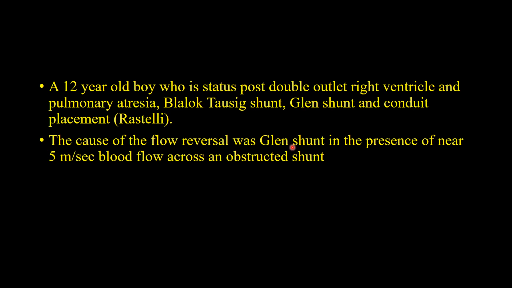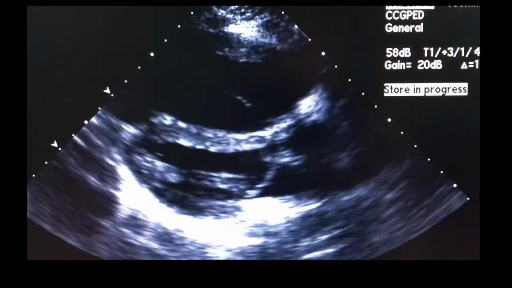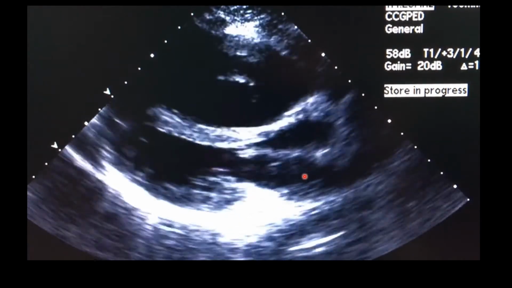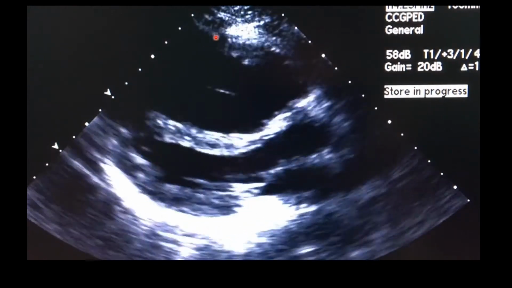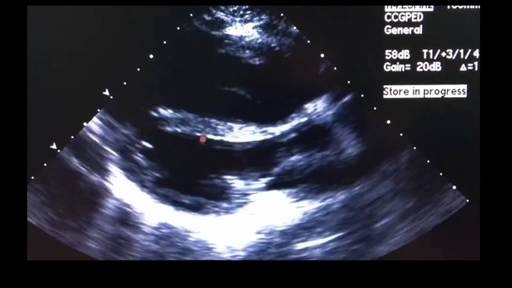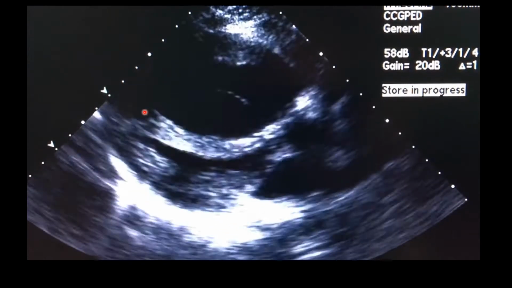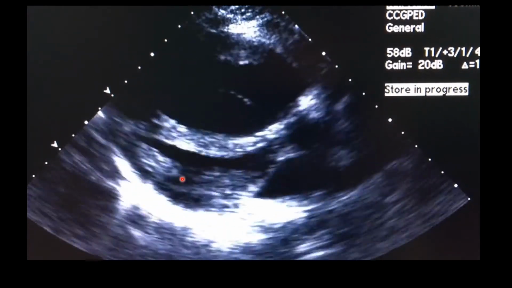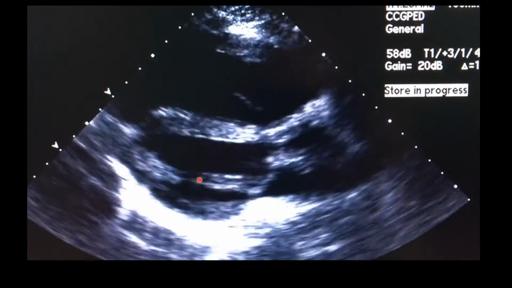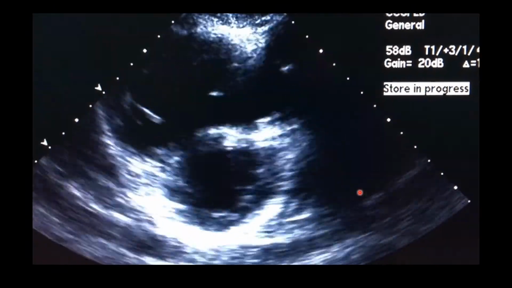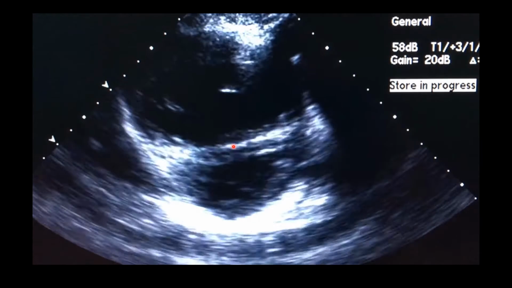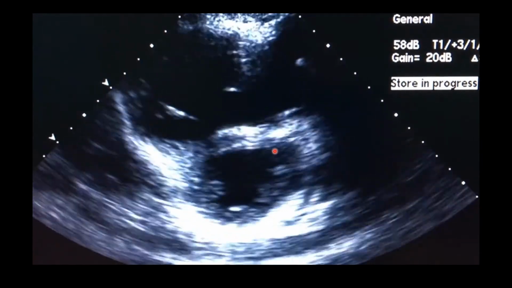So the cause of the flow reversal then was that the Glenn shunt was in the presence of near 5 meter per second blood flow across an obstructed shunt. Let's have a look at the echo. So here we can see a large right ventricle and quite a bit of unusual septal motion. You can see that the right ventricle is pushing on the left ventricle, so we know that there's a very high pressure. In short axis, we can see this little septal bounce